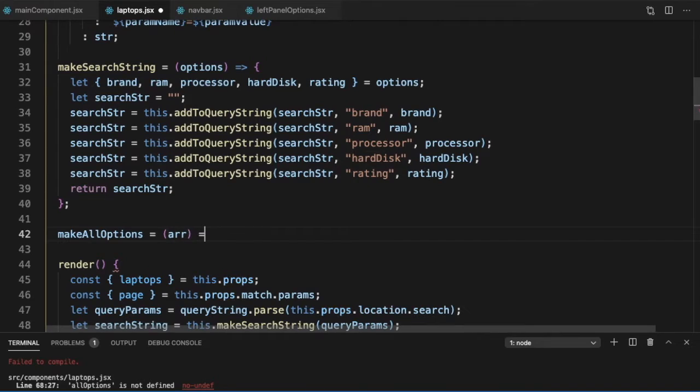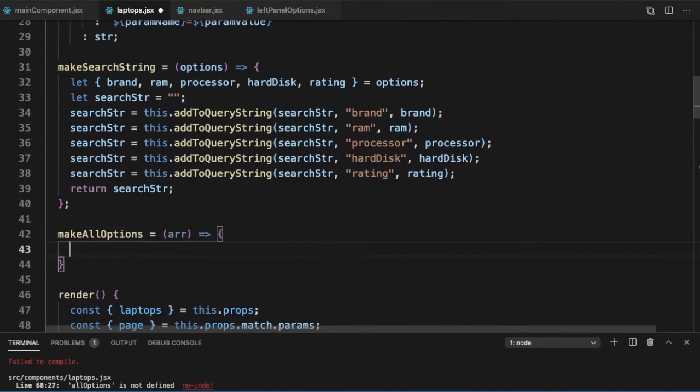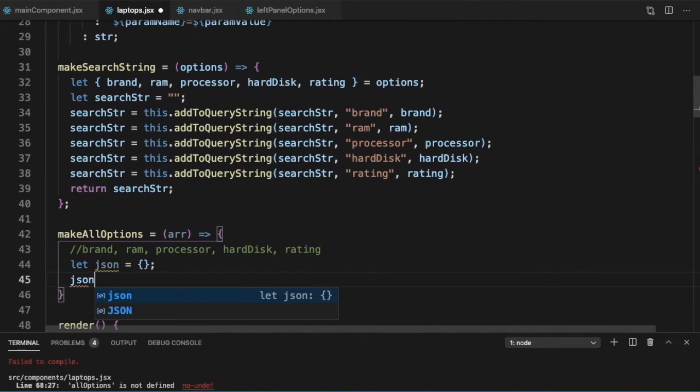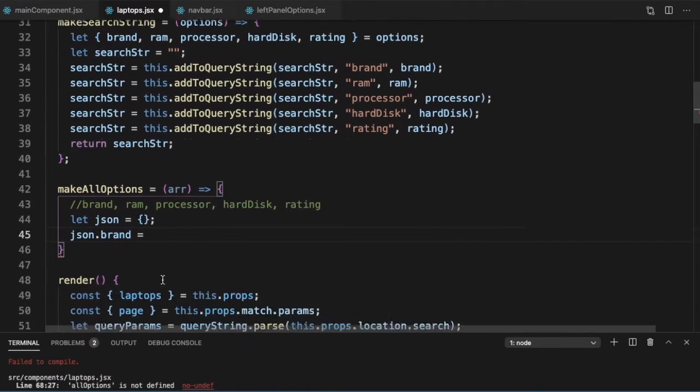For each of these, brand, processor, it will need to get all the possible values in the array. So how can we do that? Let's define a function. Let JSON be an empty JSON. We want to say JSON.brand is equal to all the different brands that are there in this array.